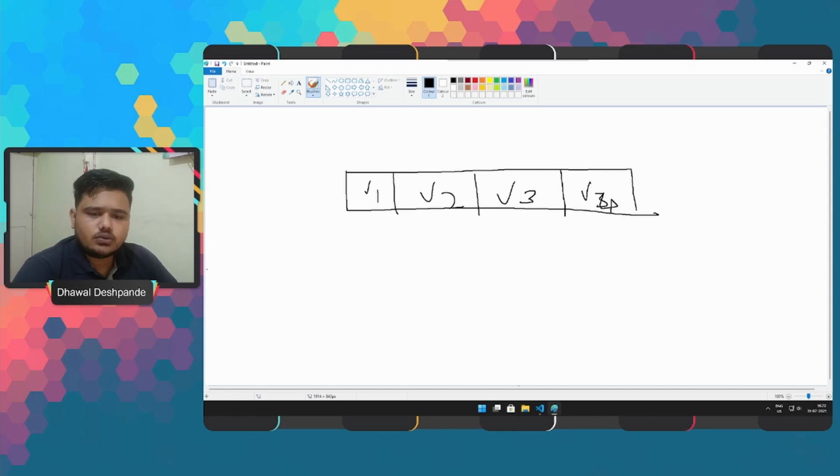Similarly the indexing will go 0, 1, 2 and 3. Also tuple provides negative indexing as well, right? And same as list, it will go from right to left, like -1, -2, -3, -4 and so on.